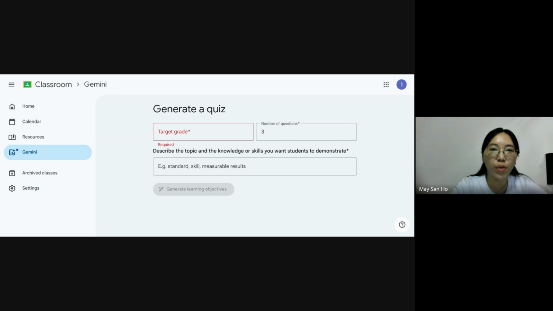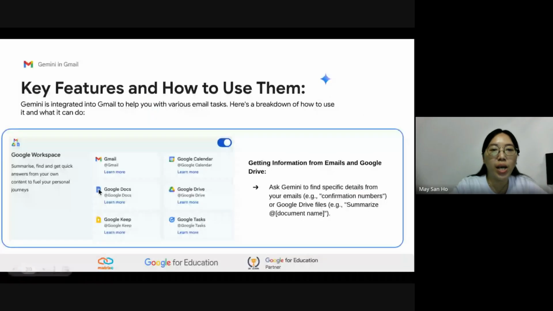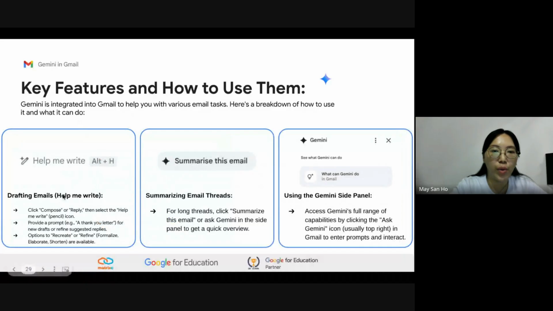So what do we have next? Next, we have this Gemini in Gmail. Let's see how it looks like. So Gemini in Gmail, we have these key features where we have this help me write,